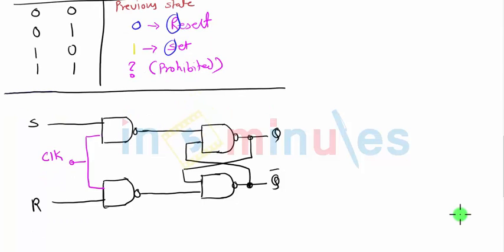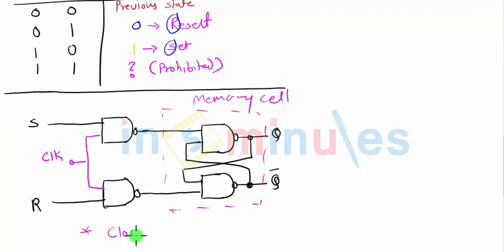We cannot reduce the sensitivity of the NAND gate. So instead of reducing the sensitivity of the NAND gate, we introduced a clock signal. That means whenever the input is present, that is, S and R, along with the clock signal, only then will the signal be processed and the value in the memory cell be changed. So this is your 1-bit memory cell, and the whole diagram is called the SR flip-flop. This you can categorize as a clocked SR flip-flop.